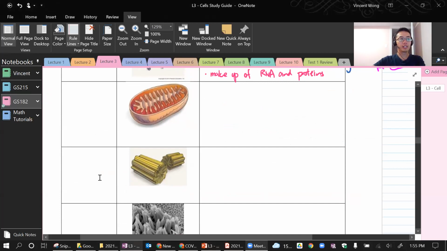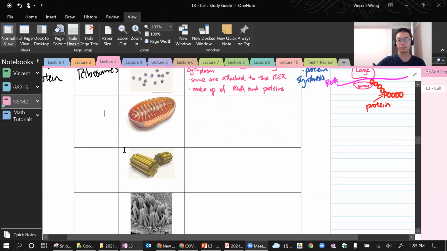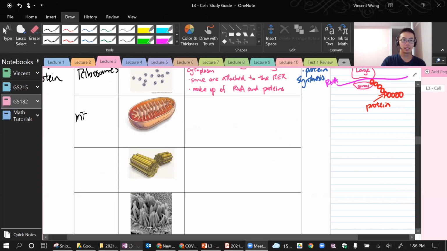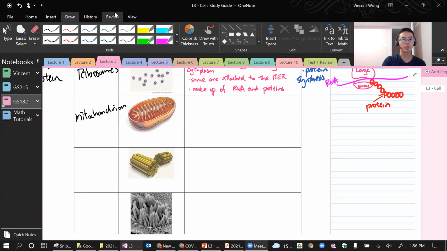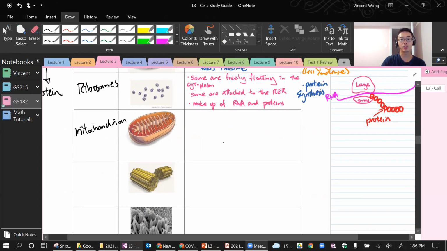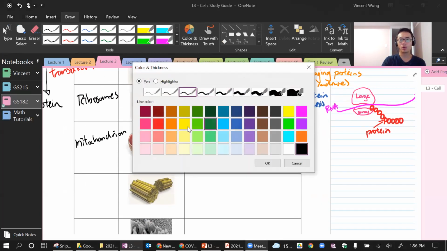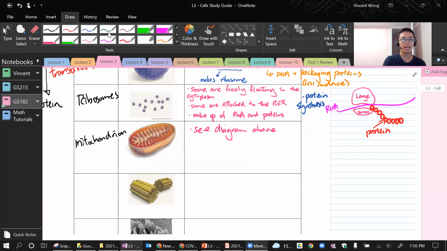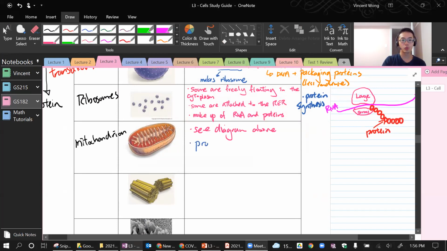Next, we have the mighty mitochondria. That is responsible for making energy. In terms of the structure, we already talked about it, so I'm not going to repeat. See the diagram above, I think it's page 1 or something like that. And the function is to produce ATP